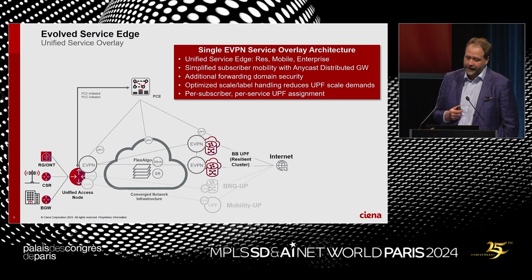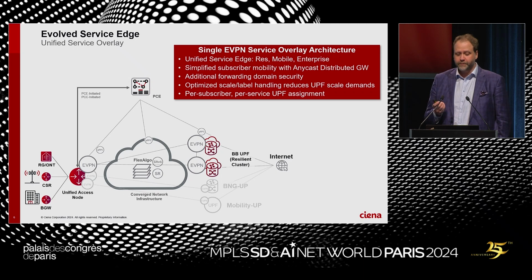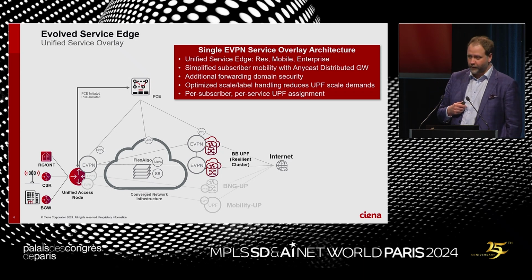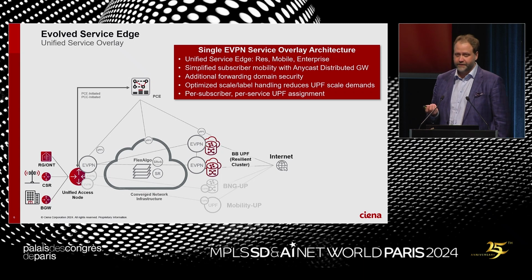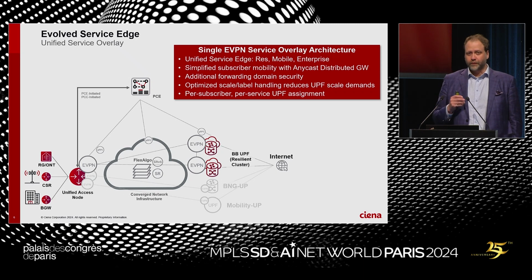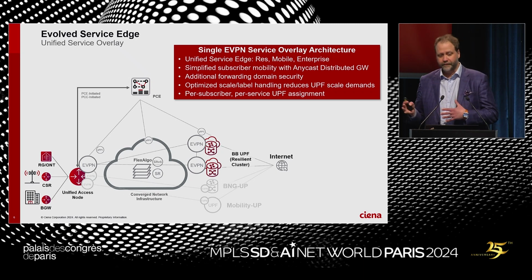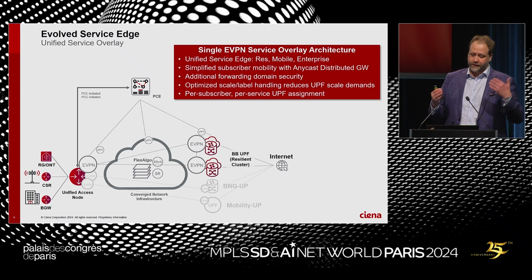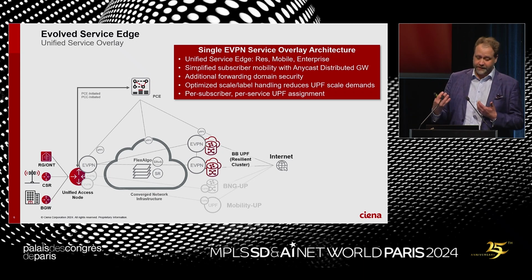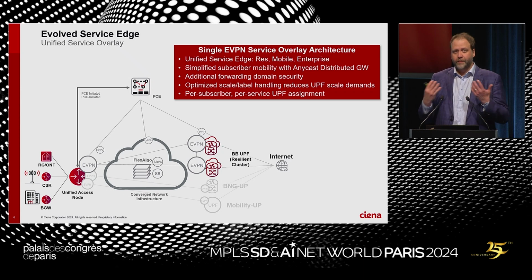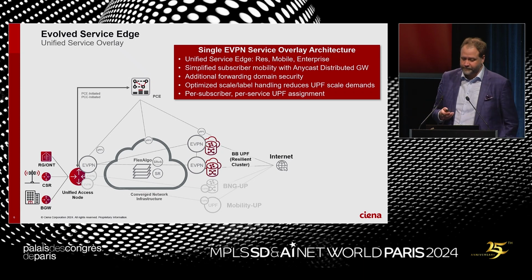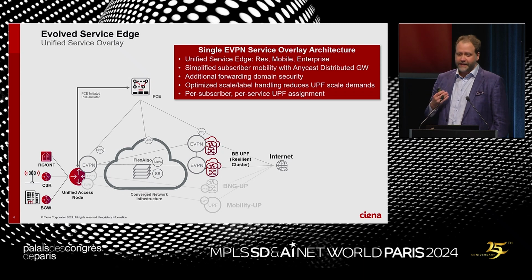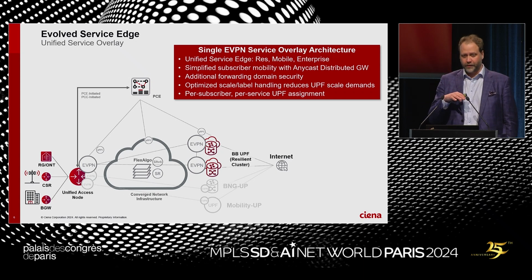the downlink, that allow us to do a lot more simplified subscriber mobility use cases, right? The whole ability to introduce Anycast distributed gateways, that kind of functionality was not something you could do in a single protocol before. You had to stitch together a couple of different things, do a lot of testing to make sure that the two protocols interacted properly, or potentially three protocols interacted properly, before you could actually deliver a service. The reality of us taking that signaling protocol not only out of the network, potentially solves us a signaling problem